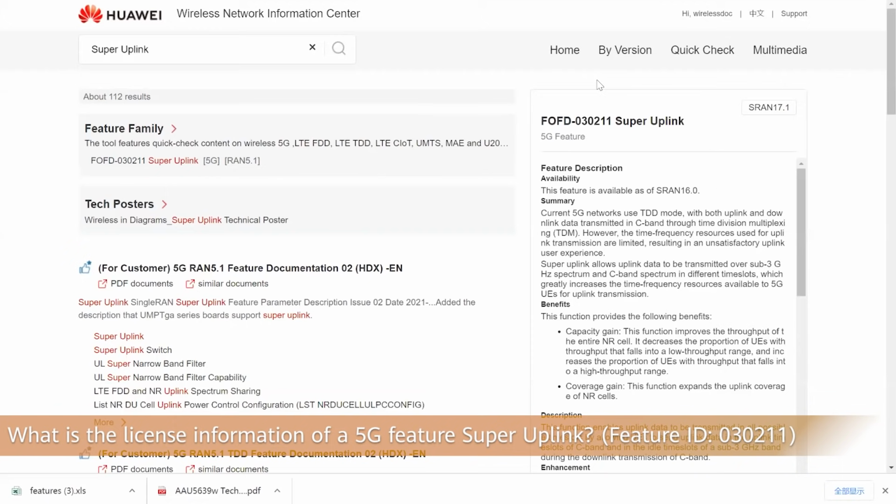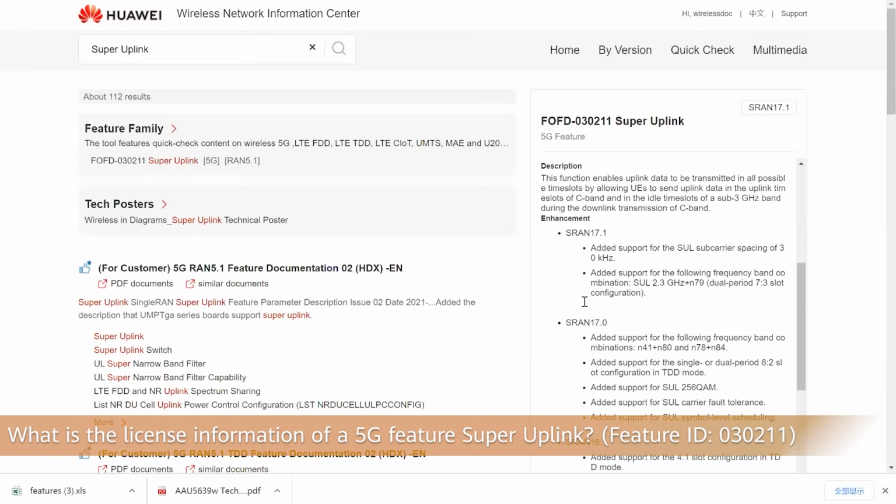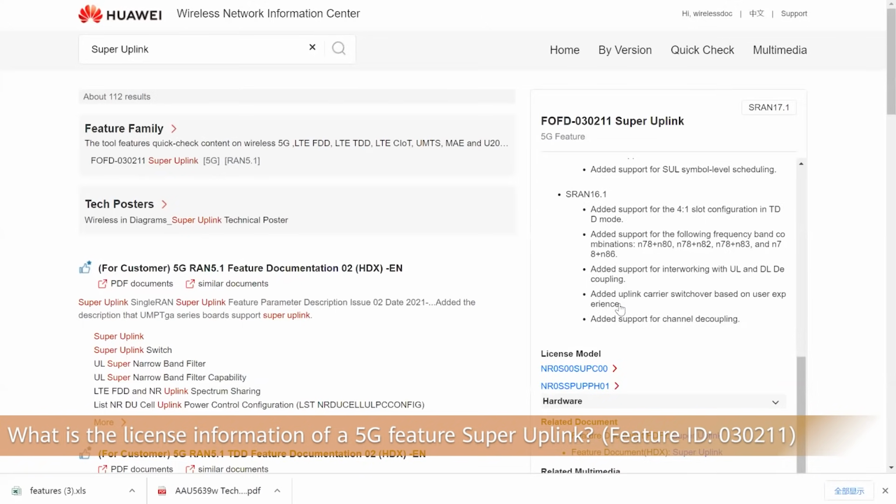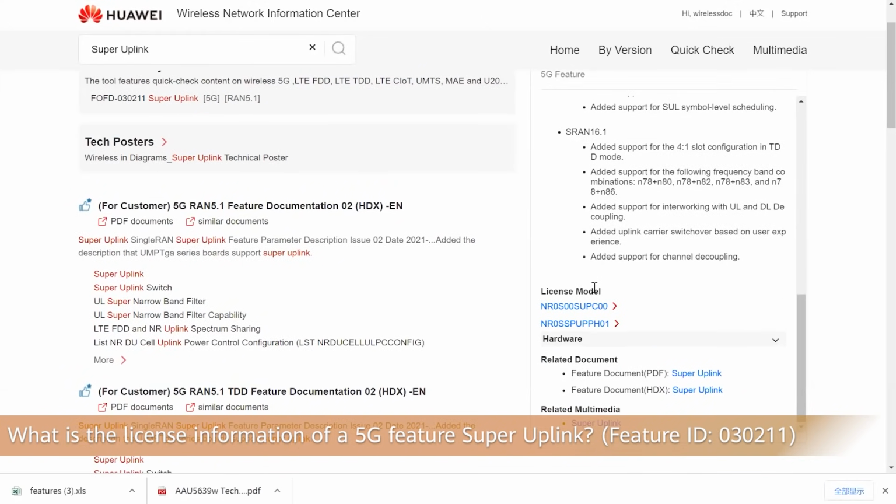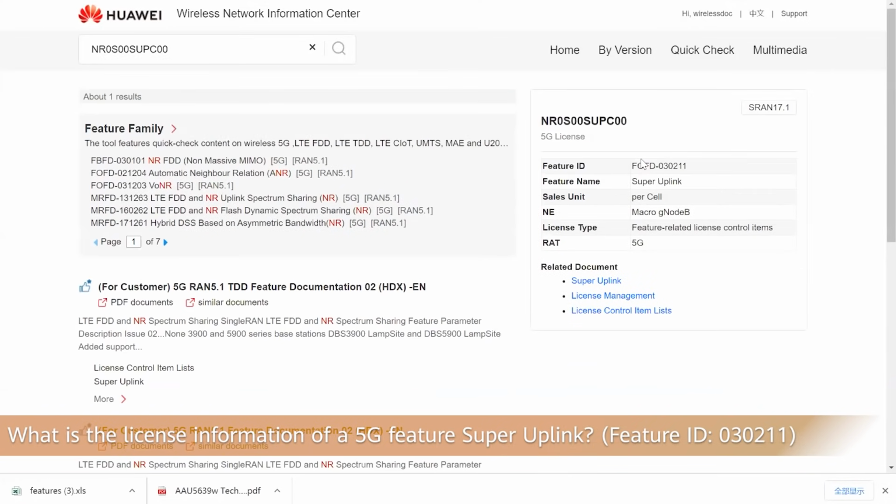You will see that on the right side of this search result, you got the super uplink information. You can have the feature description, availability, summary, benefits, description, and enhancements for different versions. And also you got the license model, that means the license control information. You see there are two license information here. Of course, you can click to get the specific one, like this one. It's per macro gNodeB, right? So that's the way you can get the